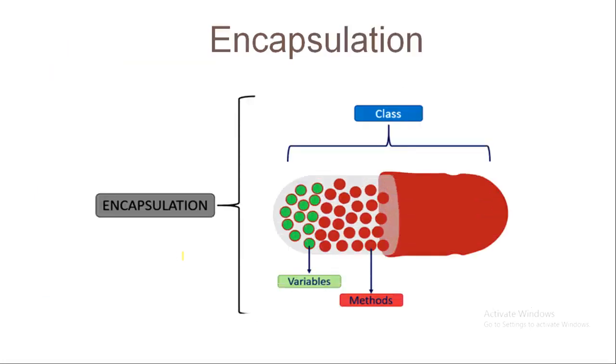From the figure here we can see a tablet which doctors give to us, the patients. Whenever we see the tablet from outside, it only has a cover which is shown to us. But inside the capsule, there are many different medicine drugs mixed together that we cannot see from the outside. Same as a class is a container in which we have variables and functions put together. But from the outside it is only seen as a class. So this process is known as encapsulation.